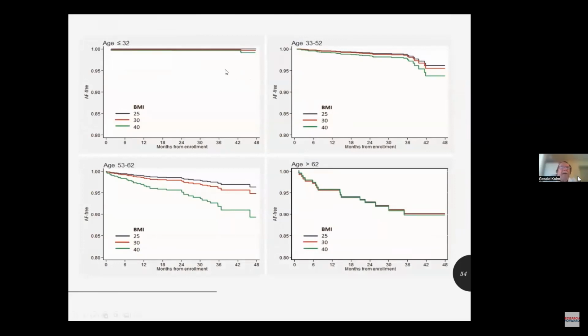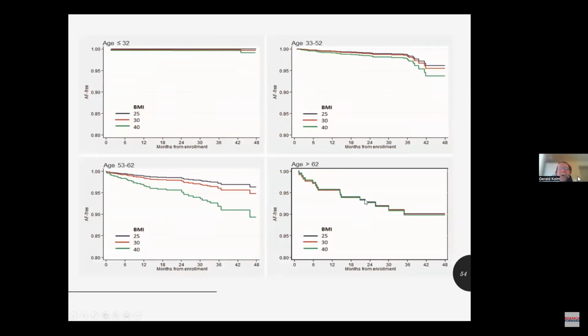You can see that for BMI at the younger age, it's pretty similar, although as we saw, there was a bit of a drop for overweight younger patients. You can see more separation in the 33 to 52,